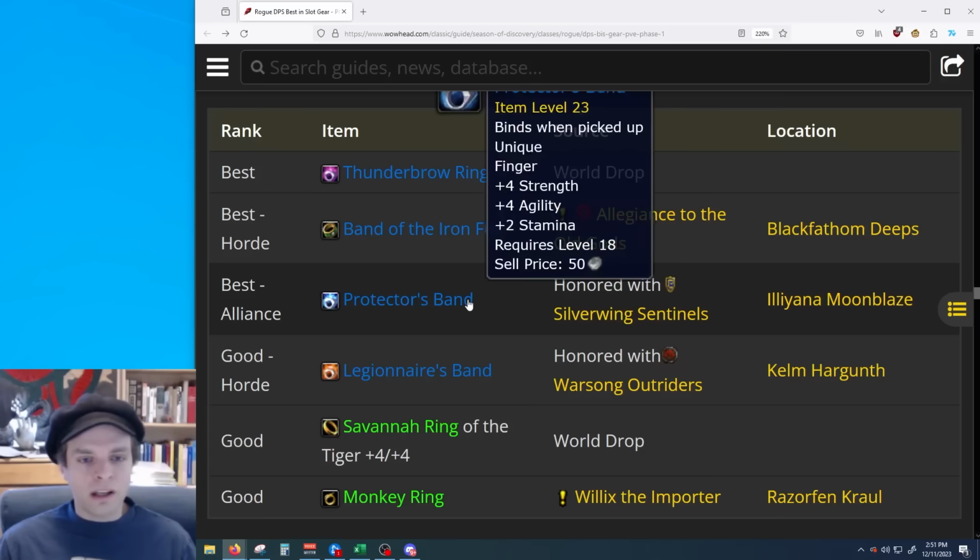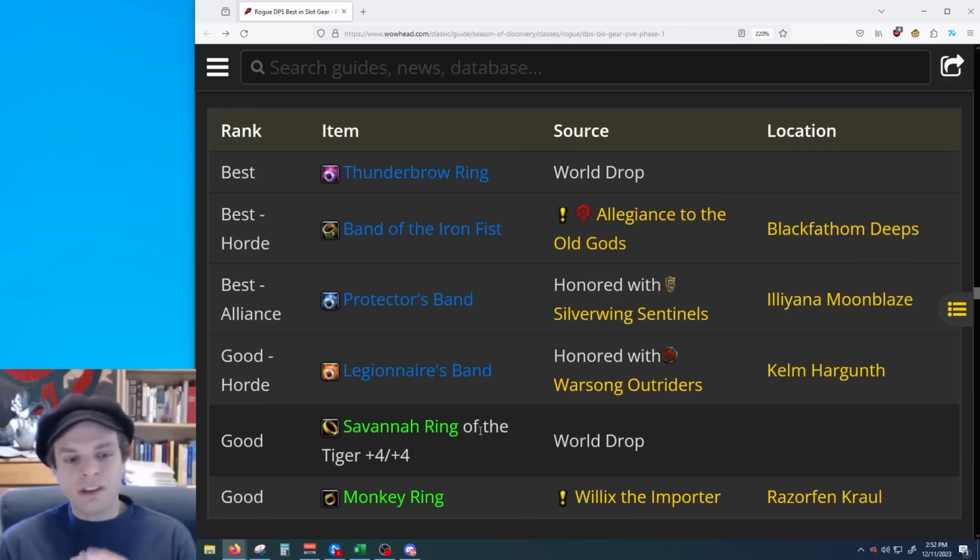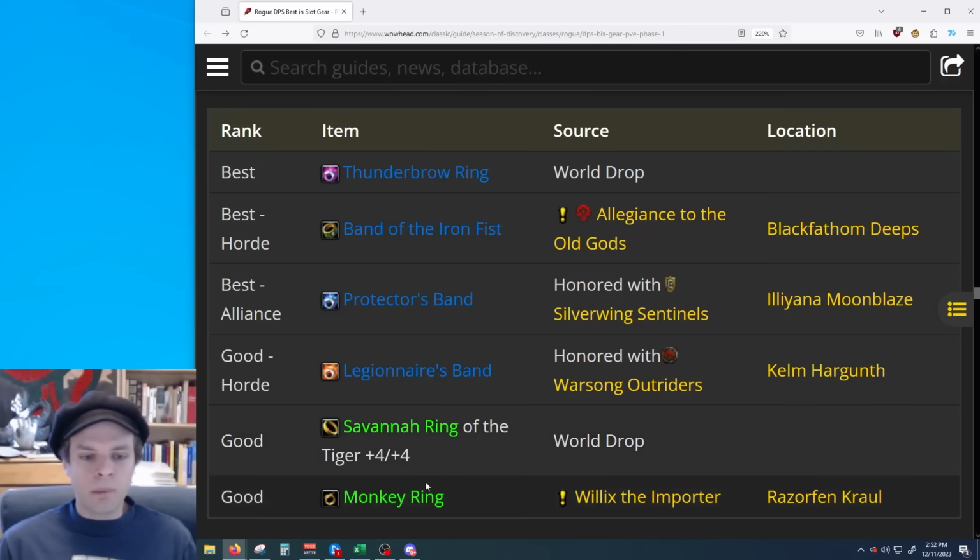I'm going to be looking at either a Protector's Band or Legionnaire's Band on my rogue. These come from Honored with your Warsong Gulch faction. They both have the same stats, just a different name. 4 strength, 4 agility, 2 stamina. Pretty nice. And an easy to get option would be the Monkey Ring, which is a quest reward from Willix